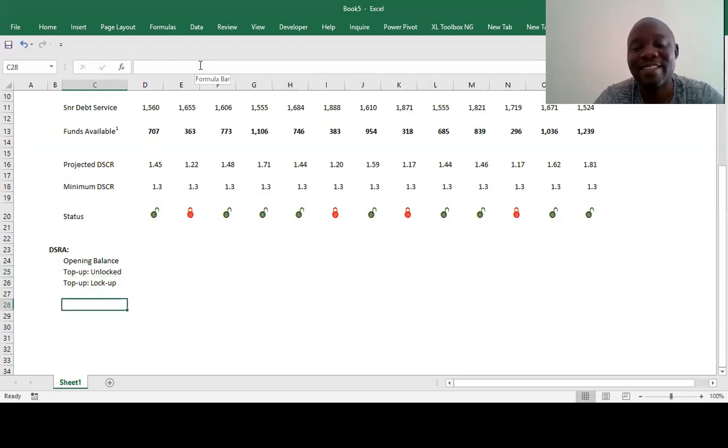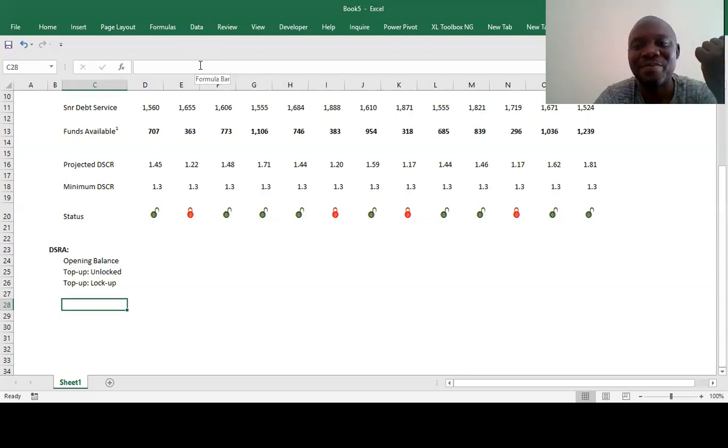There's sufficient funds. The debt service cover ratio is okay, but the funds to finance, you're actually having challenges to finance, it's not adequate to meet the debt service in the previous month or whatever.